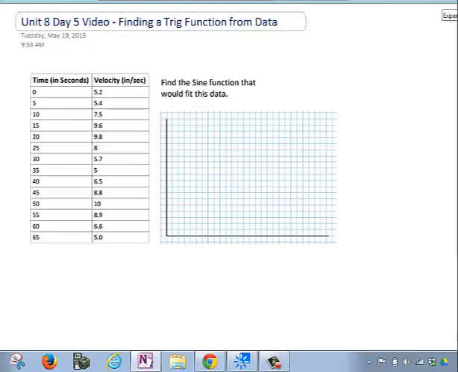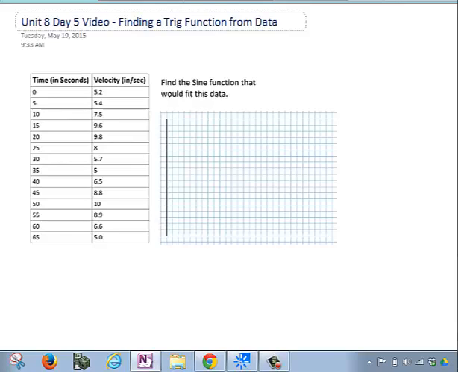This is Mr. McAllen, and today we're talking about how we find a trig function from data. I have a table of data, which we're going to plot on an XY graph, and then we're going to draw a trig function through the data and come up with what the sine function would be. So I'm going to plot this data